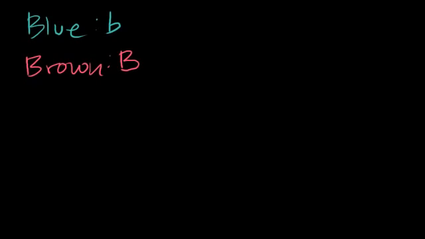And I'll make a few other simplifying assumptions. First of all, let's just assume that the expression of this gene is very simple, that brown is dominant to blue. So if you have one of each, you're going to see brown eyes. The only way you're going to see blue eyes is if you have a blue allele from each of your